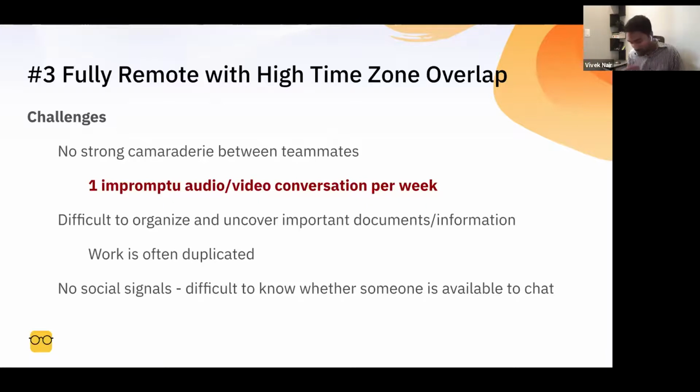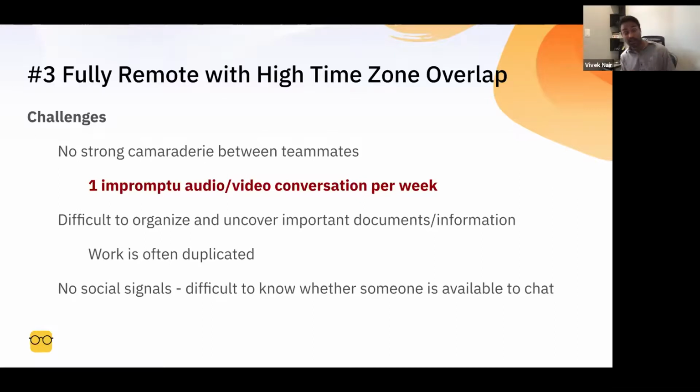For a lot of the IC remote workers we interviewed, many of them were only having one impromptu audio video conversation per week. It's important to keep in mind that they were having many other structured audio video conversations, whether it was a stand-up per day or a specific scheduled meeting to talk about something. But with respect to impromptu audio video conversations, it was only happening on average once per week,